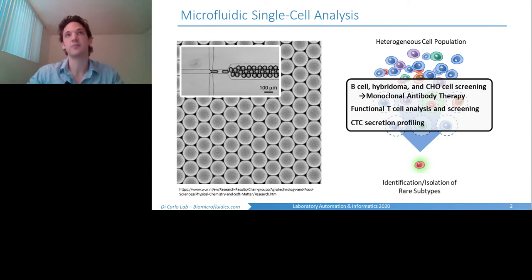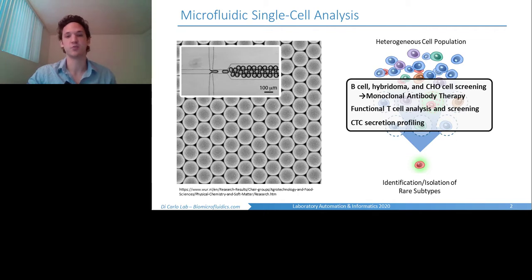And this has really been particularly powerful in areas such as the screening of CHO cells, B cells, and hybridomas for antibody production. This is of particular importance now, really, with some of the potential therapies for COVID-19 being monoclonal antibody therapies. So being able to select out clones that are productive producers, for example, CHO cells, is a very useful technique. There are also other uses in areas such as doing functional T-cell analysis and screening, as well as